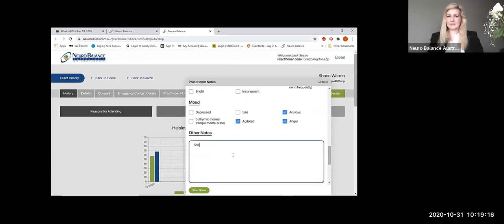So I'm going to say Shane is working on the separation process, is considering legal advice, would like to possibly attend for counselling with their partner, just with a view to perhaps ending the relationship in a civil manner.